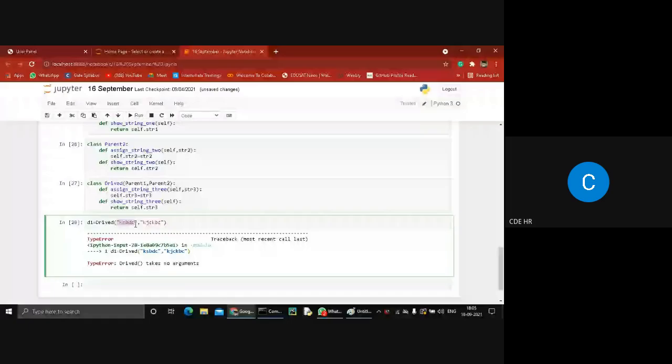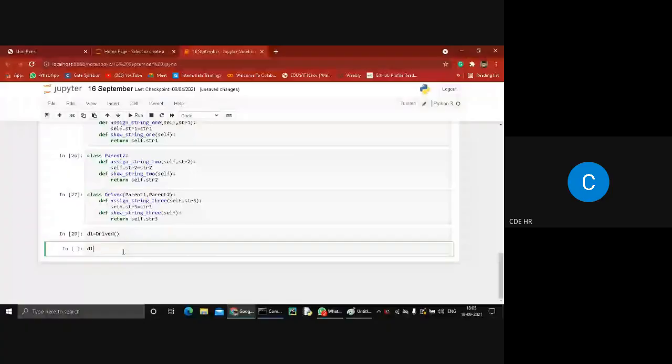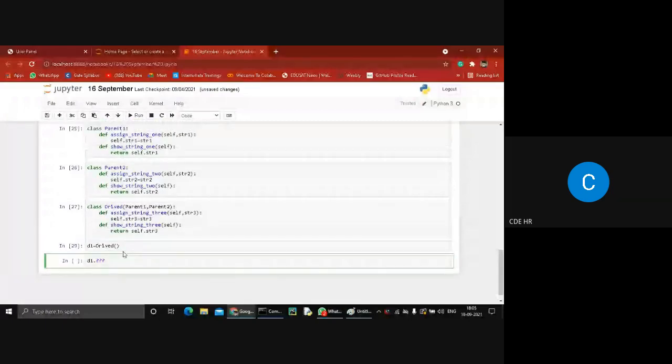Now, how to show the data of the parent class? In yesterday's classes I also told you how to assign data in a function and how to print data using an object. D1 dot assign.